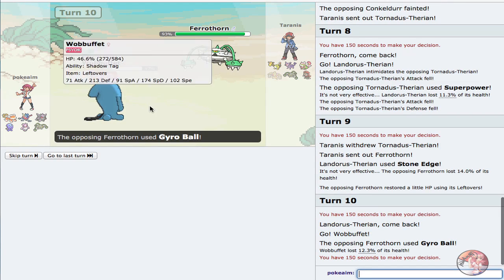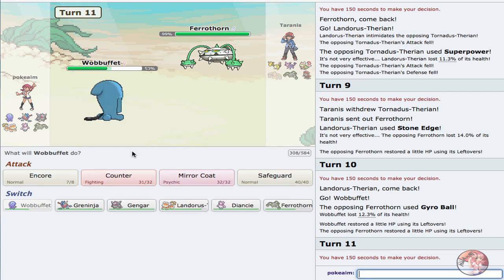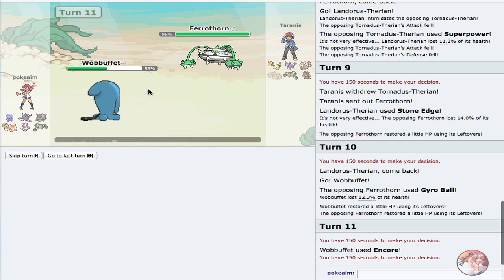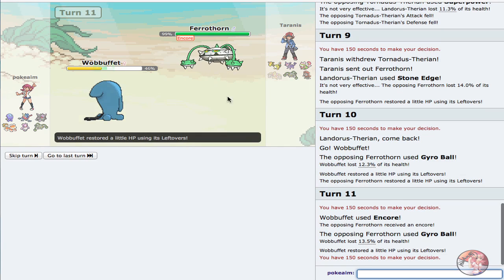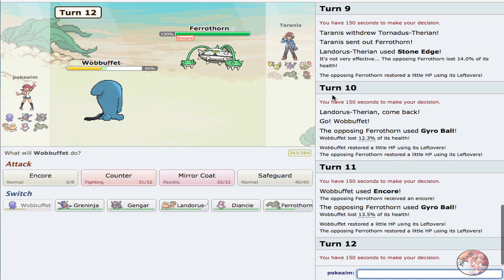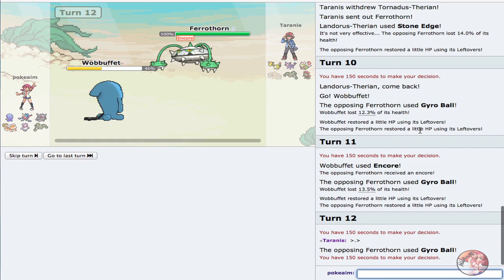So he ends up going for Gyro Ball, which is a huge mistake, going right on the offense, as I can just lock him right into that. I will be able to outspeed him, and basically I'll be able to counter this thing, probably not to death because that's doing 0, but it'll be doing